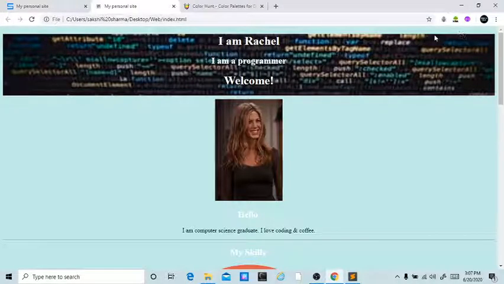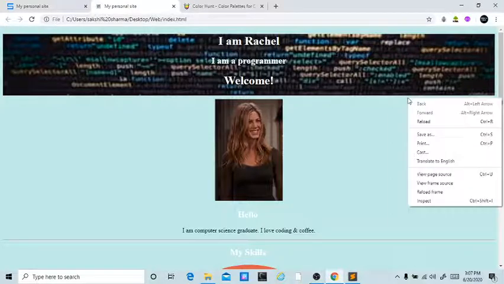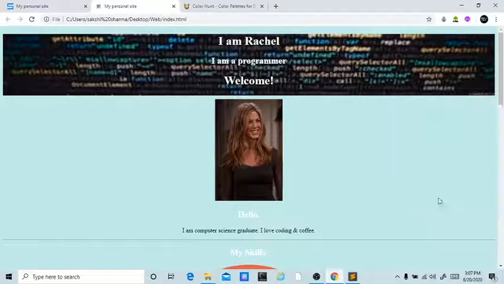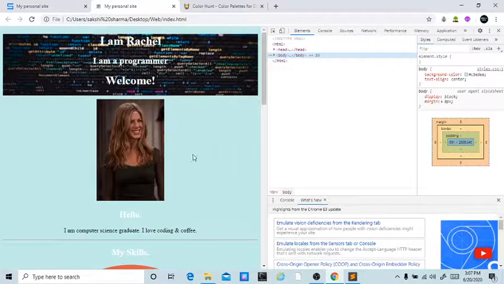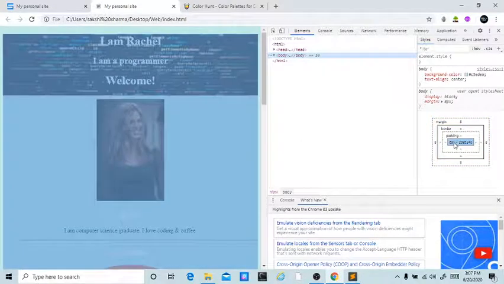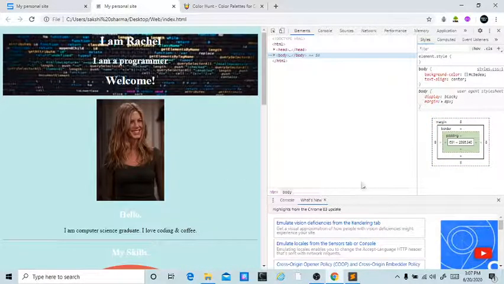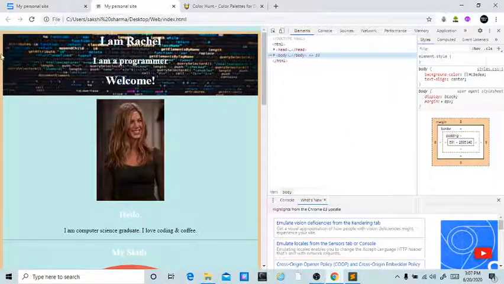Now let's click on inspect and see what padding and margin are. Here we have the box. It's a small representation of our website. This is our content, our body, and we have zero padding. Dash means there is no padding, and you can see the orange line means there is a margin. The margin is 8 pixels, so it's highlighted in orange color.